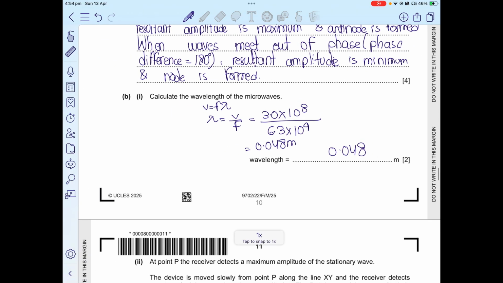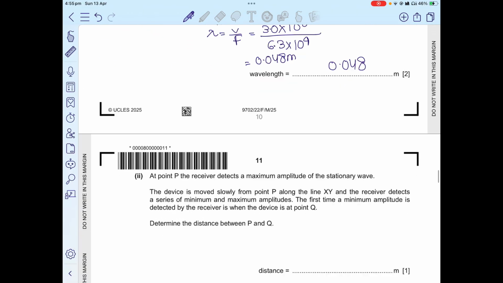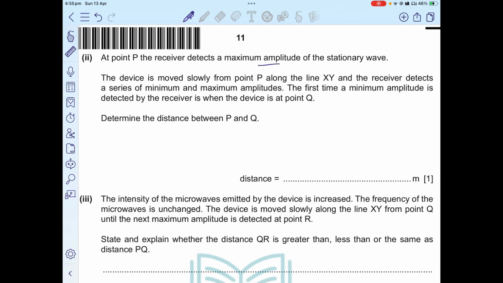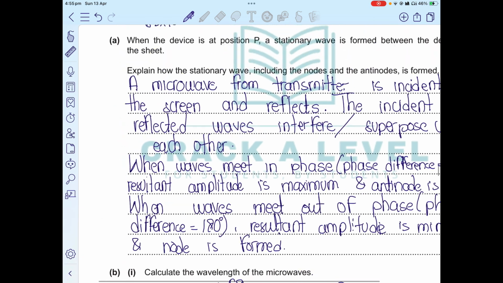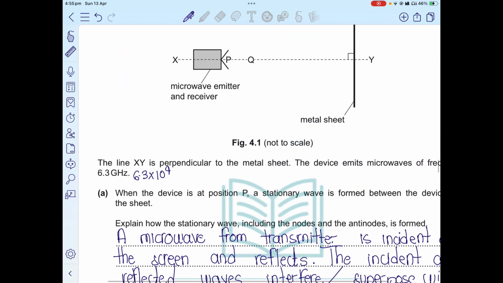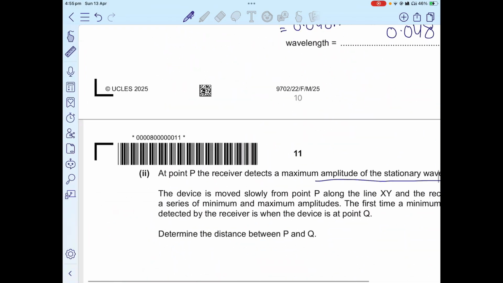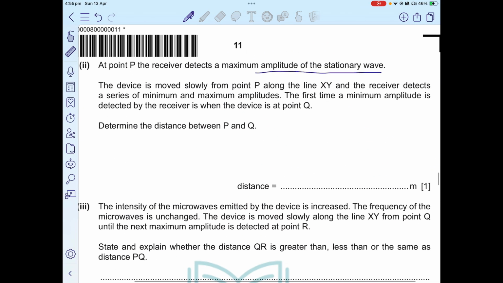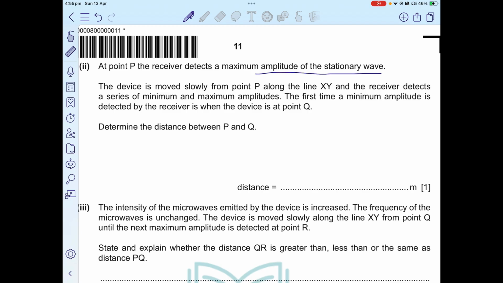0.048 meters. Okay, two significant figures. At point P, the receiver detects a maximum amplitude of the stationary wave, which is basically at this point you have detected an antinode at point P. Okay. The devices then move slowly from point P along the line XY, and the receiver detects a series of